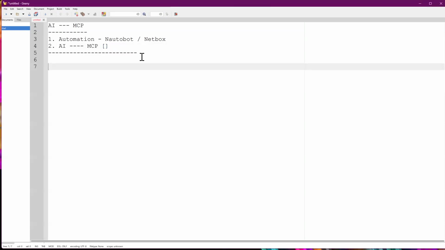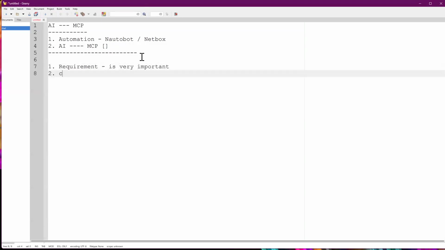So if someone will go and create some software package, right? So that package, what is the organization or design of that package? What are the requirements? Then you are developing some software package. So first of all, the requirement is very important. So if we know the requirement, according to that, we can do the coding.